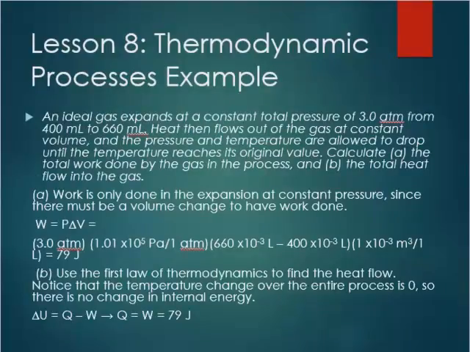So, last thing we have here this week is an example of a thermodynamic process. What we're going to see here is an ideal gas expands at a constant pressure of 3 atmospheres from 400 milliliters to 660. Heat then flows out of the gas at a constant volume, and the pressure and temperature are allowed to drop until the temperature reaches its original value. Calculate A, the total work done by the gas in the process, and B, the total heat flow into the gas. So for part A,